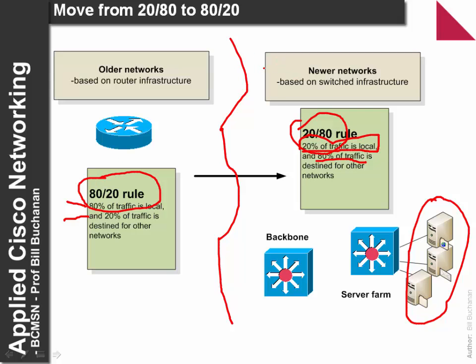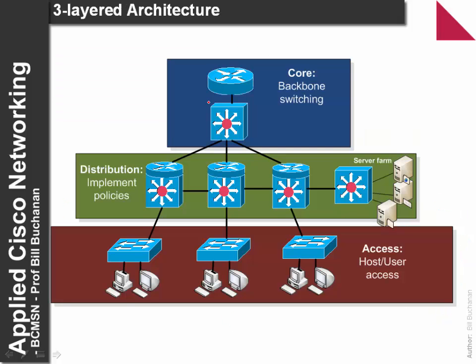Newer networks are now also based on a switched infrastructure. Basically, most medium and large scale networks are based on a three-layer architecture. At the access layer, the user accesses the network typically by connecting to a switch. This provides local access, and nodes inside this domain can typically communicate with each other. The main difference though is if we create a VLAN, then the nodes can be isolated.